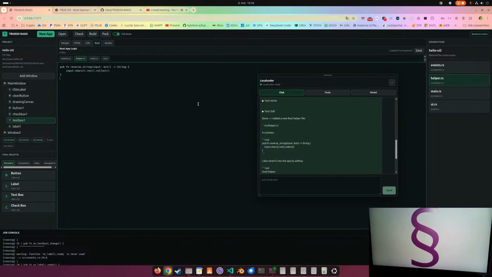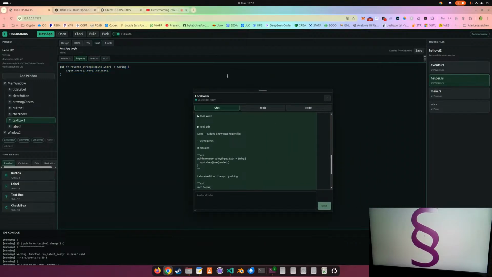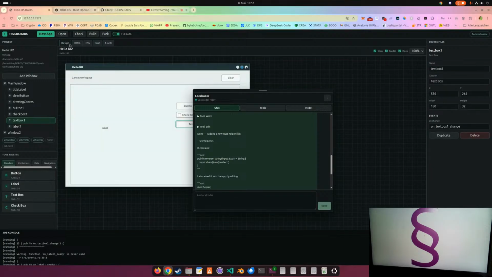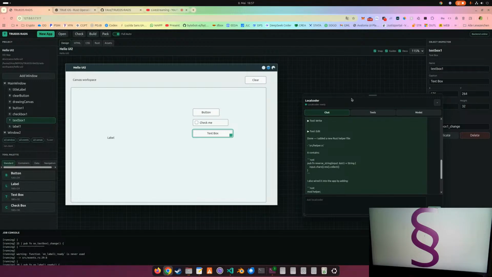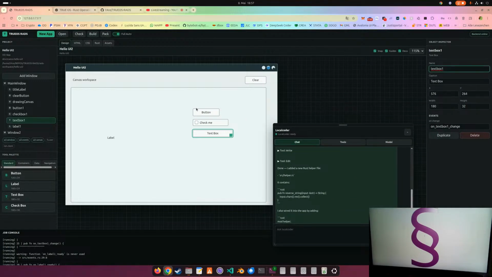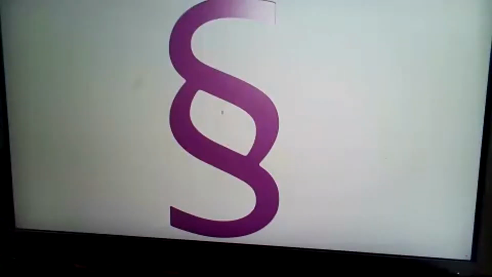And if it's too small for you, you can go here and just go 115%, you know? And you have your properties, like I need this button, and then Rust. And the nice part about this is